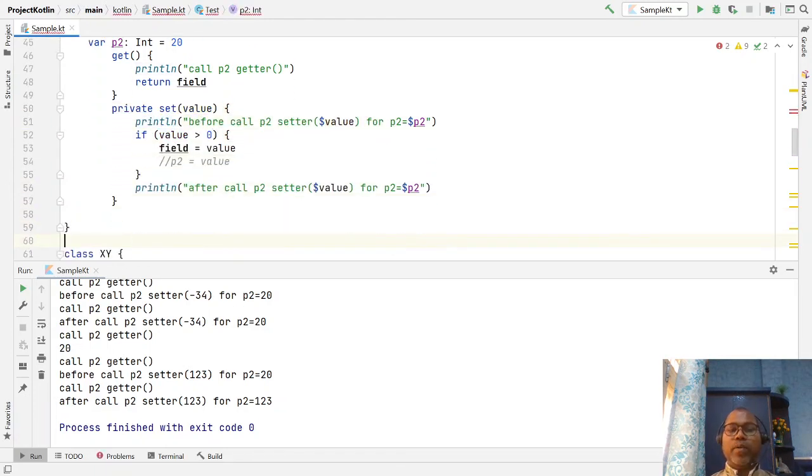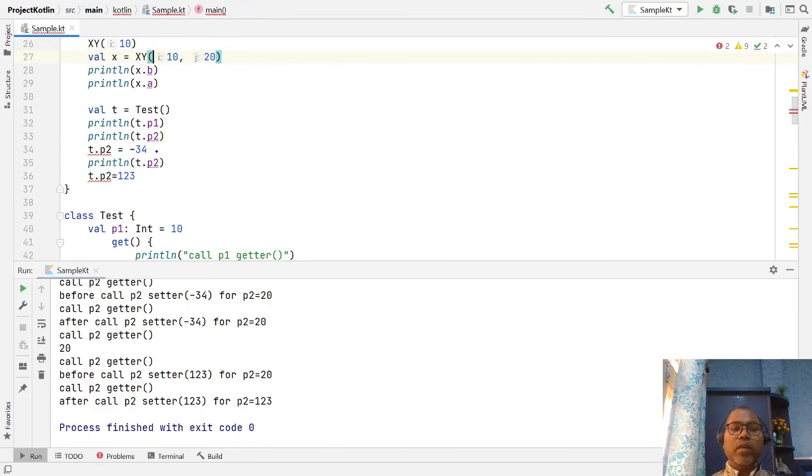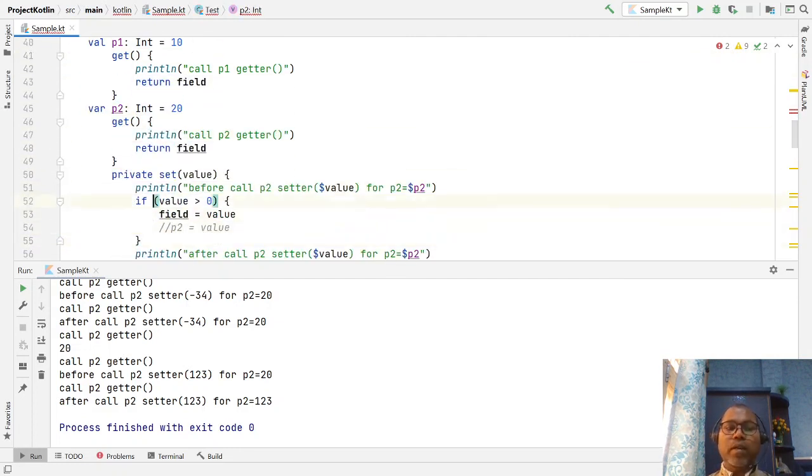So if you write a private setter, then no one is allowed to set this value. So you have options, you can control your mechanism, you can provide the modifier public, private, protected. In this way, you can say we have provided the setter method, but I don't want anyone to access it. Maybe internal, maybe a different setter or getter access. So that is the short, concise way of writing a class in Kotlin.